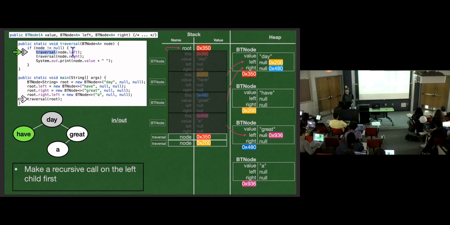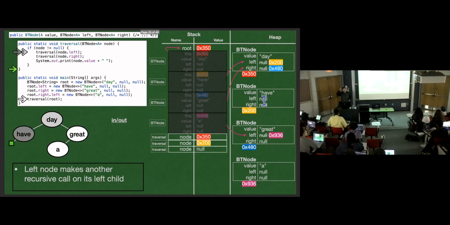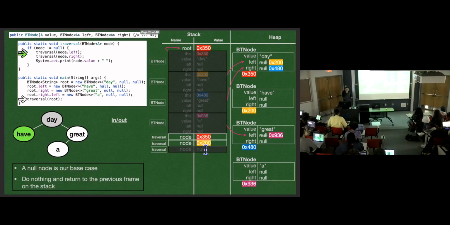It starts with a recursive call, node.left. Node.left is null. So we're going to make a recursive call on null. Node not equal to null is now false. We're going to skip the conditional code block, which means we're doing nothing at all. And this code block is going to return and do effectively nothing.